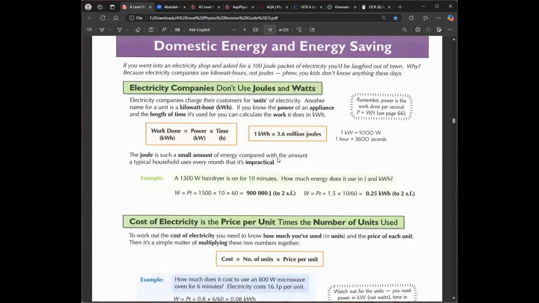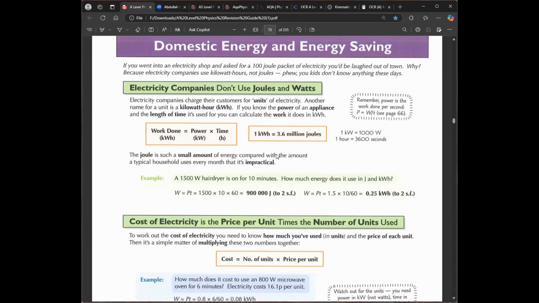Let's just continue. So coming to the domestic energy, because we are more interested in the practical applications of that. In the household, we don't use joules. We usually use kilowatt hour as the unit for energy instead of joules or kilojoules or megajoules or any of that. We use kilowatt hour. So work done is equal to, why do we use kilowatt hour? Because power is equal to work done over time, which means work done is equal to power times time. And power is measured in kilowatts because watt is a smaller unit,